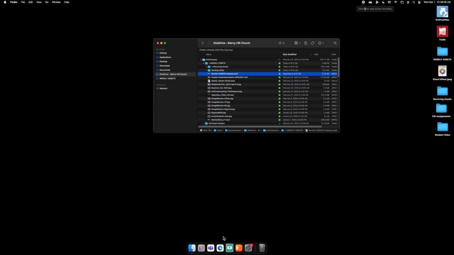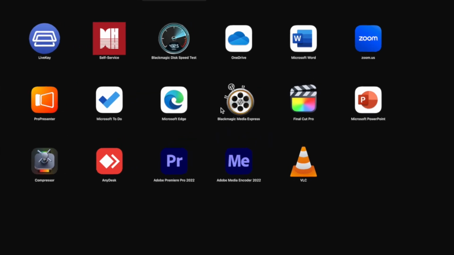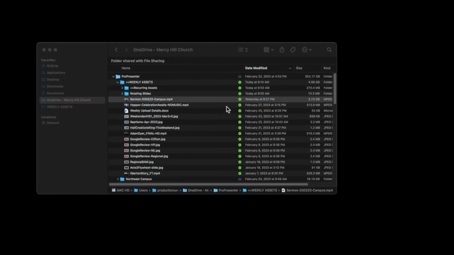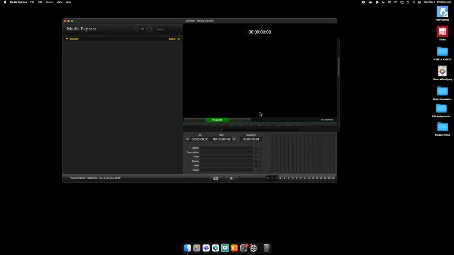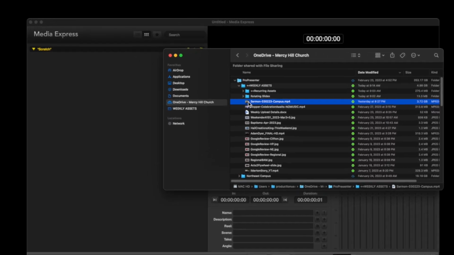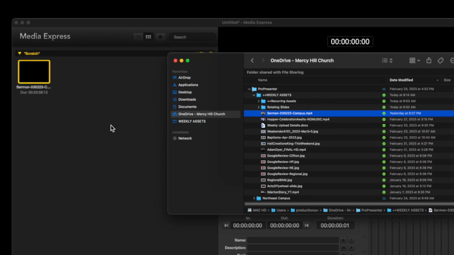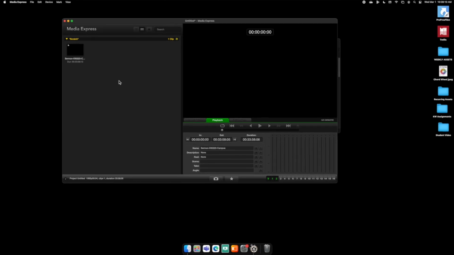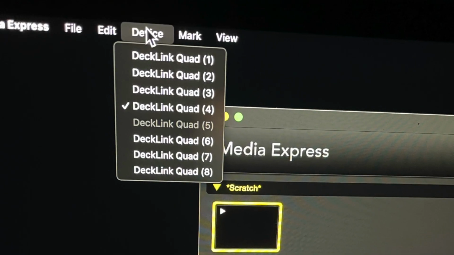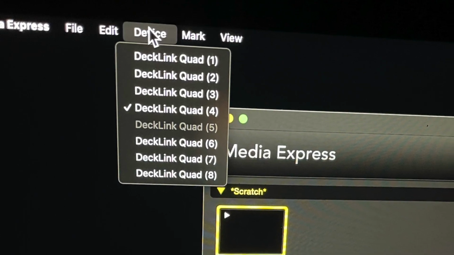On the iMac in the production booth, we're going to open up an application called Blackmagic Media Express. This is a very basic media player, but it allows us to play back the media through the DeckLink card, which is our SDI outputs from this computer. In this particular case, we're going to choose a specific DeckLink port, and you can see it here in the picture. Now, once we have the media into this Media Express player, if we were to hit play, it's